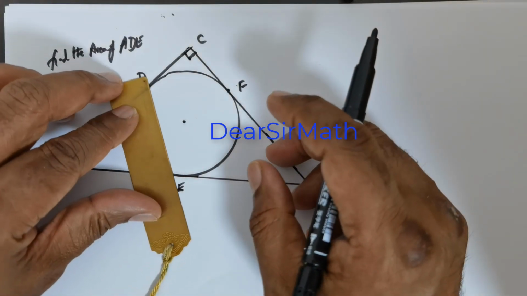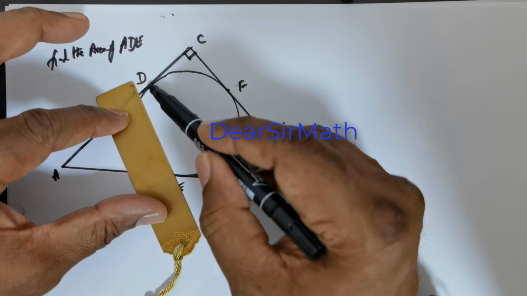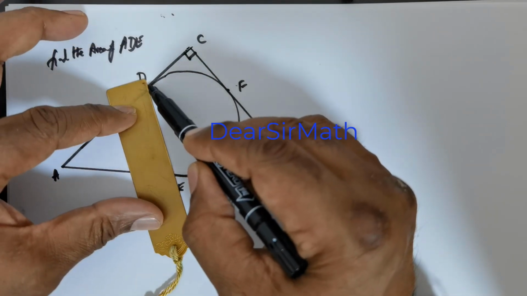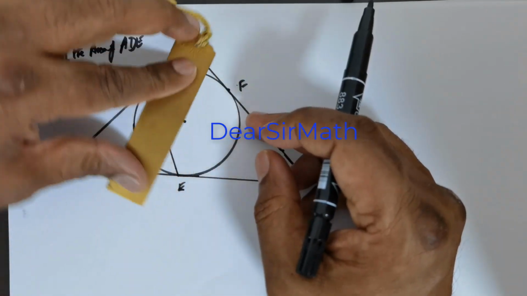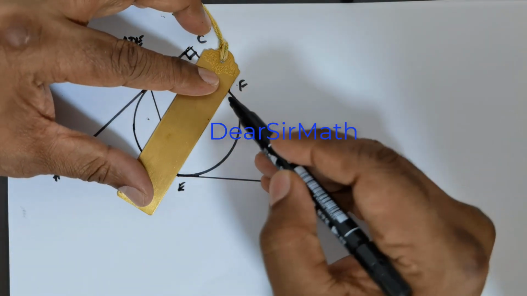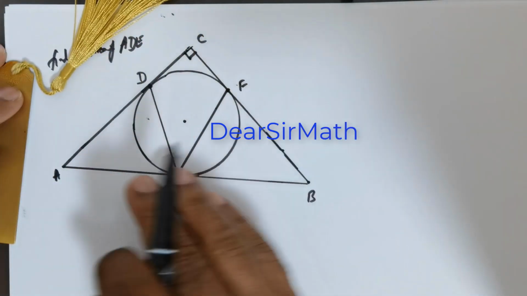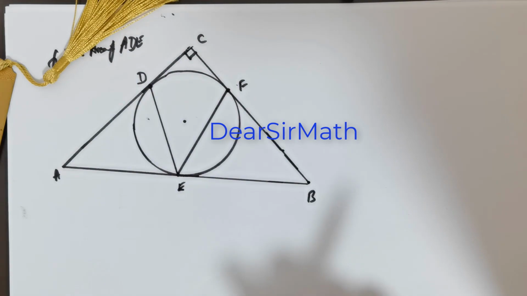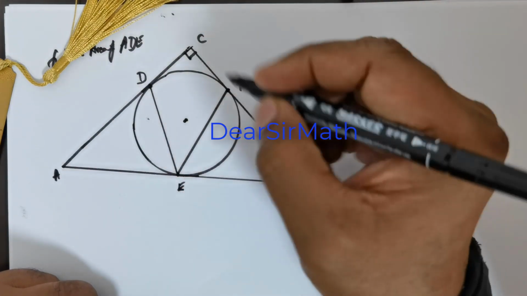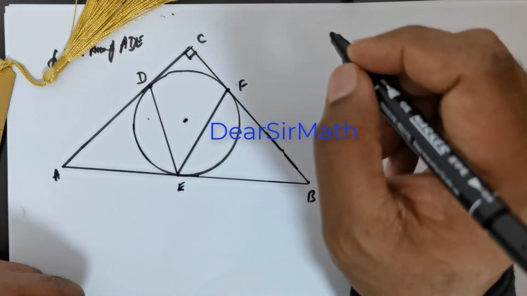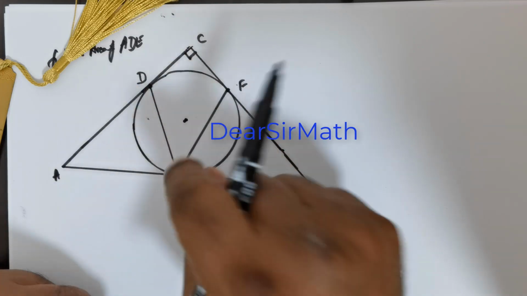Now from D we have a line that is hitting E, and from E we got a line hitting F, right? So this is how the figure is given. Now we are expected to find ADE,